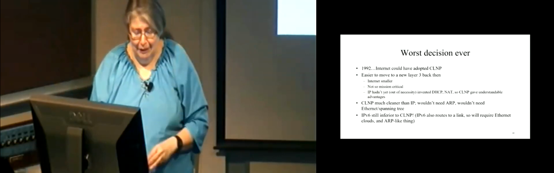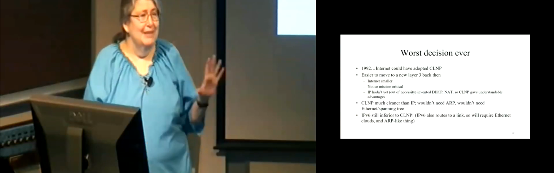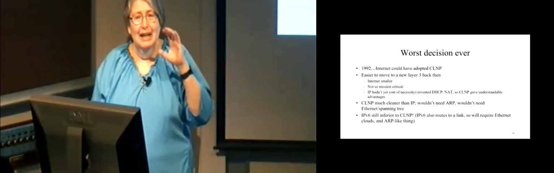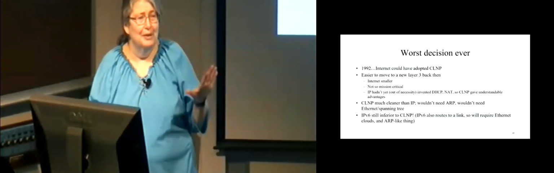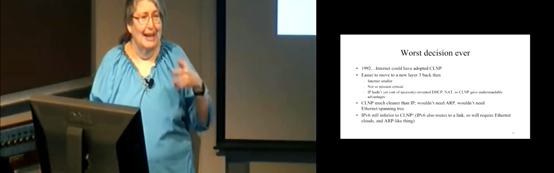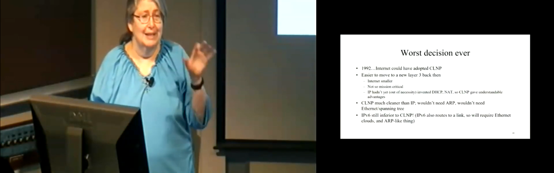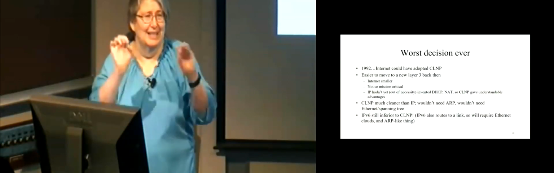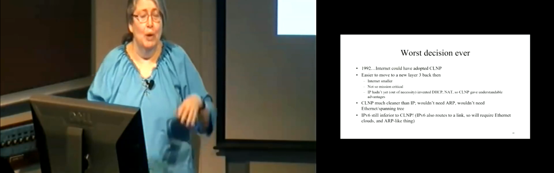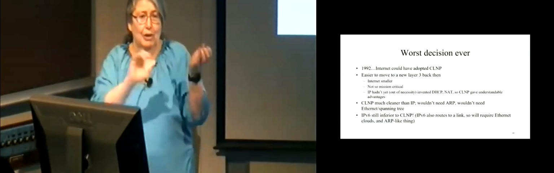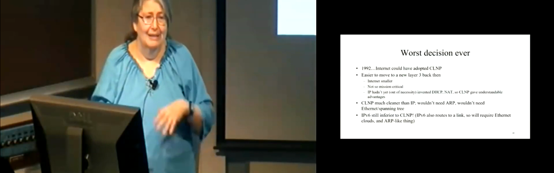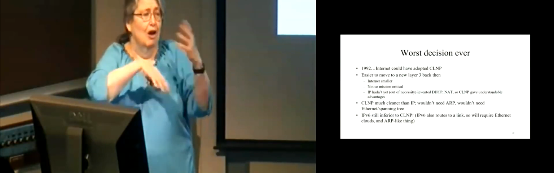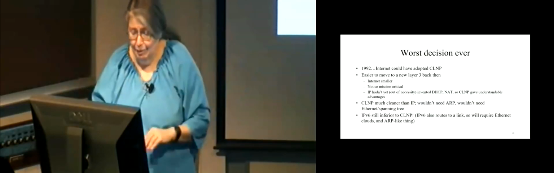That was the theory. Now, because they didn't bother learning from CLNP, IPv6 is no better than IPv4 in this sense, because IPv6 still has the property that every link has its own block of addresses. And if you want to create a data center where you can move around and keep your address, you're going to have to do some other thing, like Ethernet or one of these overlay things like VXLAN or whatever.